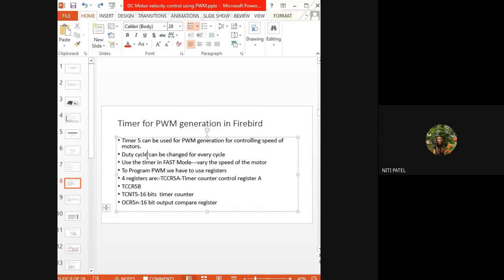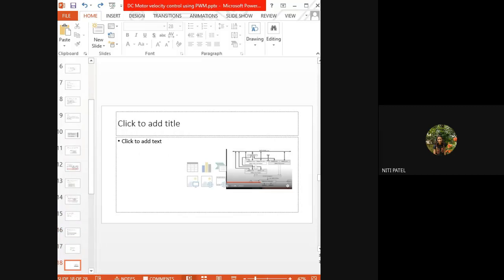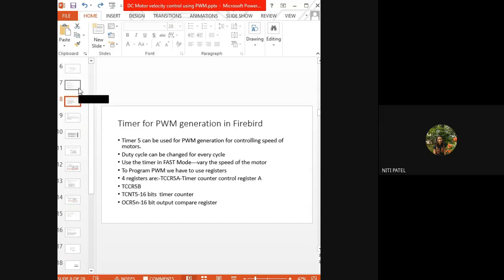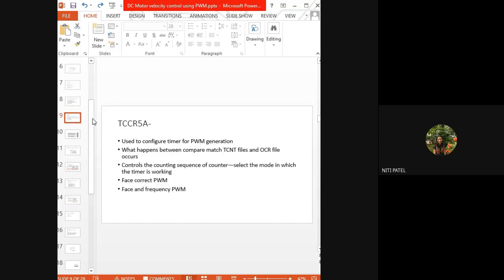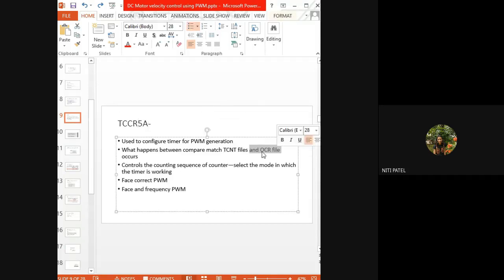Now this will get more clear to you when we come and see this particular diagram. ठीक है, जब ये डायग्राम पढ़ेंगे हम तभी आपको समझेगा कि वो दो रजिस्टर्स टाइमर काउंटर और आउटपुट कंपेयर रजिस्टर्स क्यों यूज किए गए. Okay, just remember right now कि when I'm using this particular register 5A, along with that I am going to use this TCNT and OCR. ठीक है, एक काउंटर का काम करता है और एक कंपैरिजन का काम करता है.